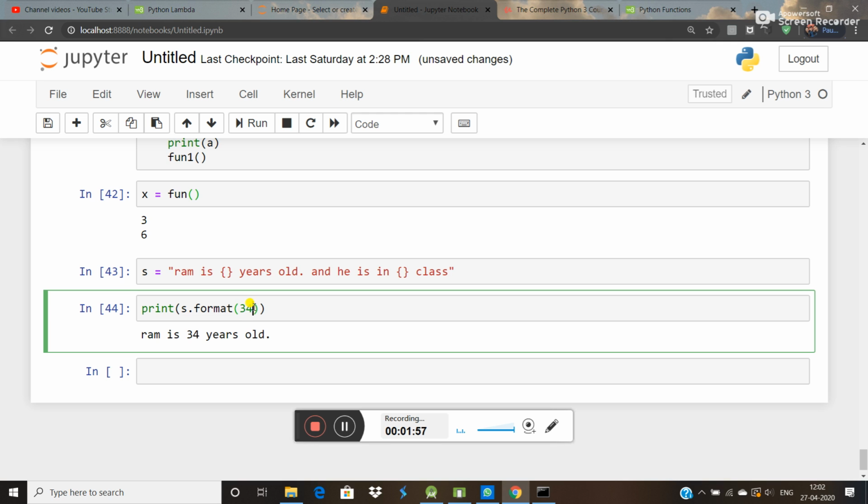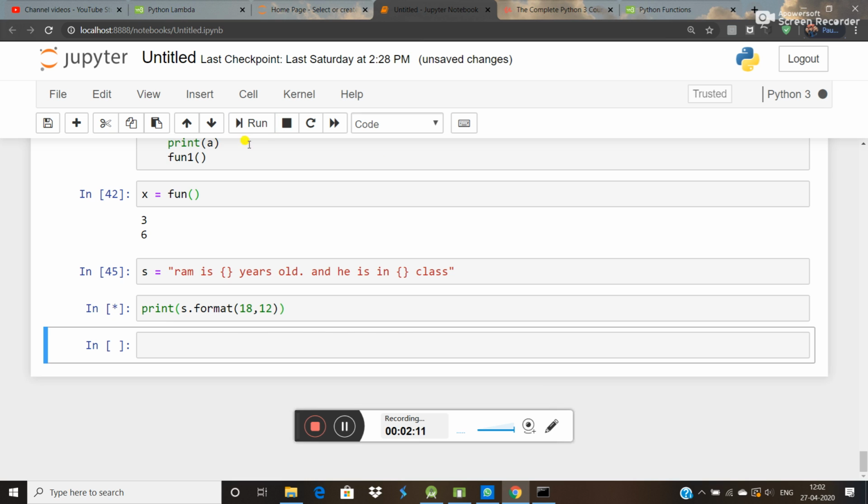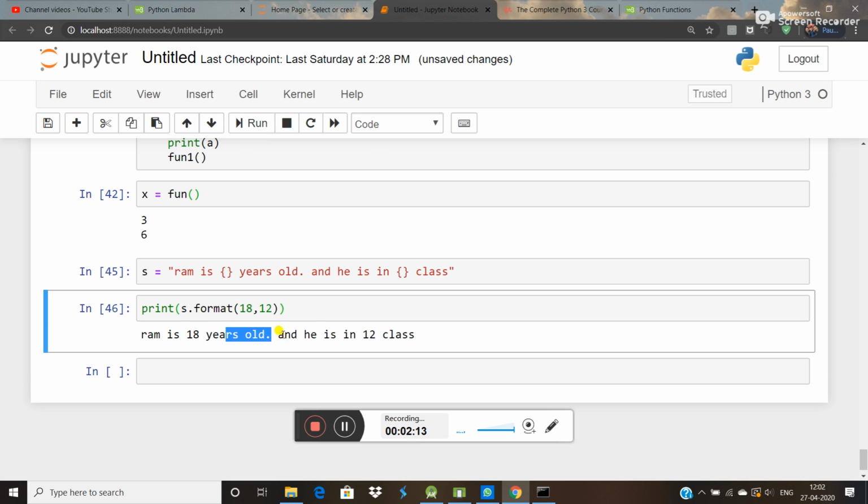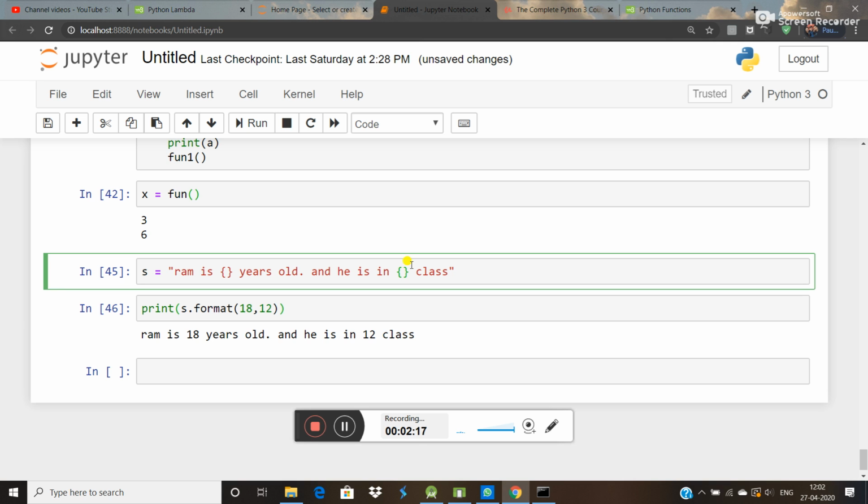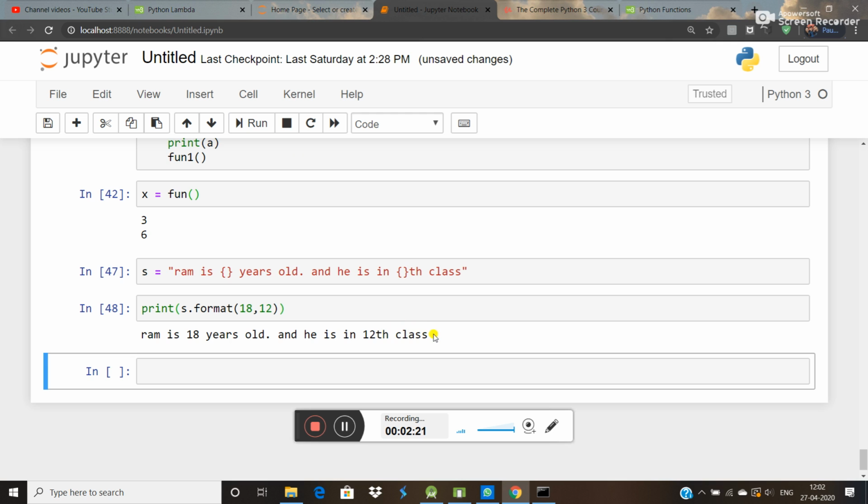So now what you can do here is, he is 18 years old and he is in 12th class. Now run both lines. So ram is 18 years old and he is in 12th class. Okay, like that, execute. Like that you can do all the things.